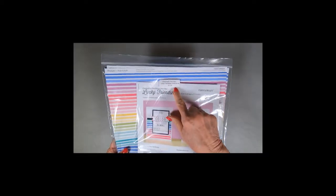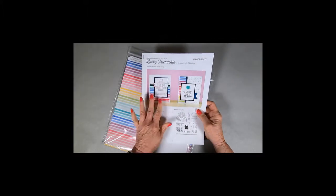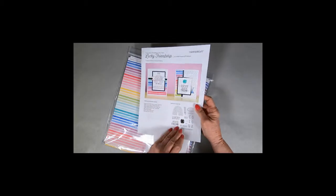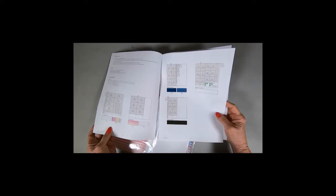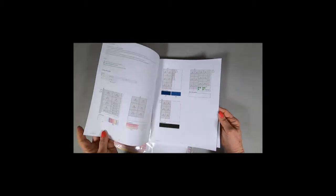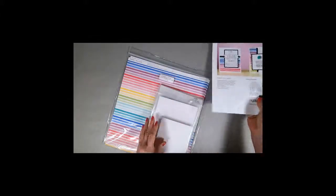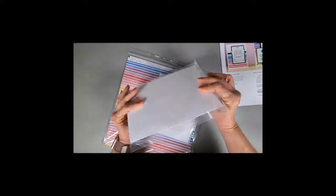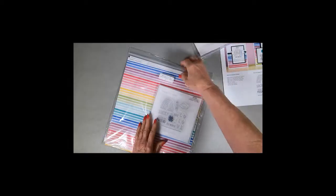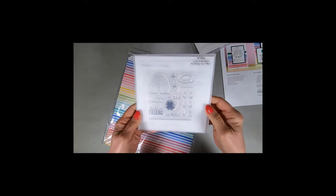I'm a Close To My Heart independent consultant, and today I'm going to show you Lucky Friendship. We are very fortunate that this catalog has really outdone itself with card kits, really pretty and cute, charming card kits. And this one is very cheery with the rainbow colors and nice little sayings like "you color my world" and "lucky to have a friend like you." And it's really